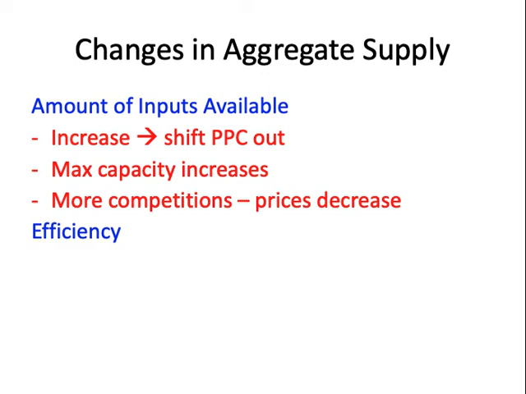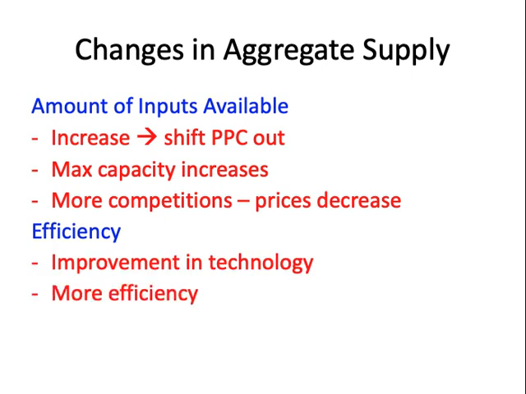This is very similar in effect to an efficiency change, because the amount of the inputs available to you affects how much you can produce, right? The same way efficiency can affect how much you can produce. Your speed can increase, therefore you can produce more. You invented a new piece of technology, therefore you can produce more. You've become more efficient, and so your capacity will also increase. And so both amount of inputs available and efficiency are ways to